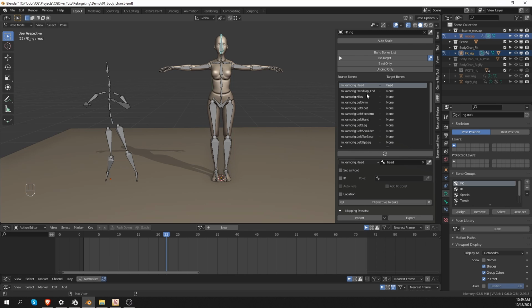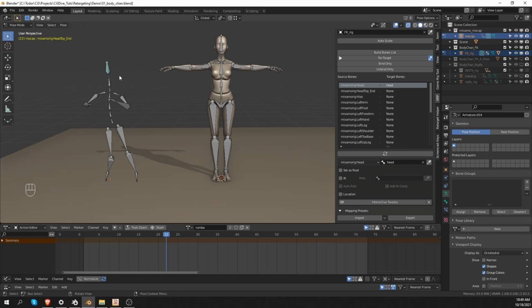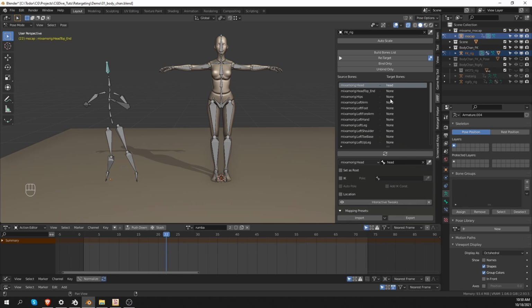The next bone in the list is the head top bone. And as I explained in the previous video, this is a bone that you don't really need. I could go to edit mode and delete it. But in this case, I'll use it as an example to let you know that you don't really have to match this bone. If there are bones in the source armature that you don't want to retarget to, then you can just skip them. So let's move on, and the next bone in the list is the hips,